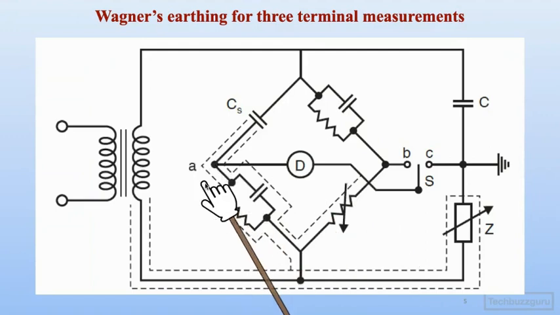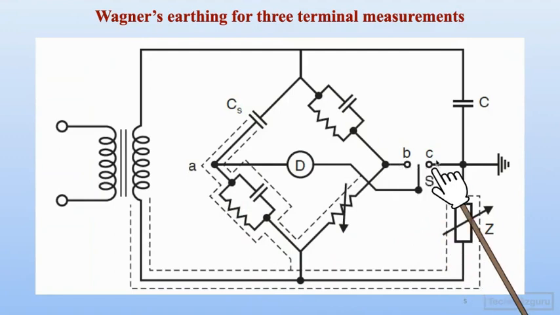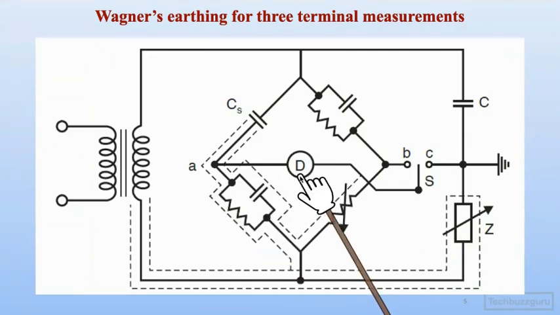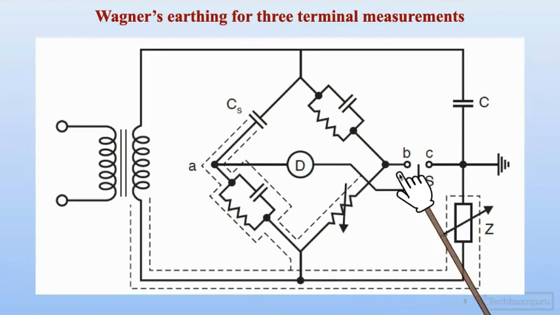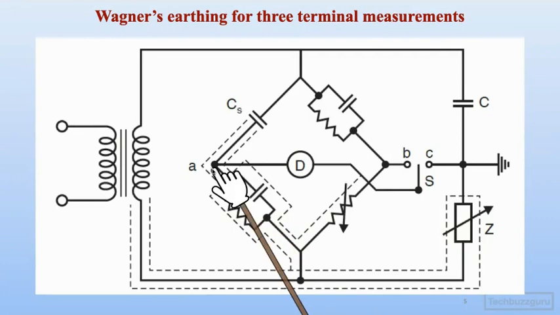But what happens to terminal A and terminal B? For that, there is a selector switch provided. It consists of terminals B and C and then there is a selector switch. This selector switch is first connected to point B, and then the variable elements are adjusted in order to achieve the null balance, so that potential A becomes equal to potential B. Switch connected to B, and then balance is achieved. So potential A becomes equal to potential B. But still, these two potentials are not equal to the ground potential. That means ground capacitance is present.